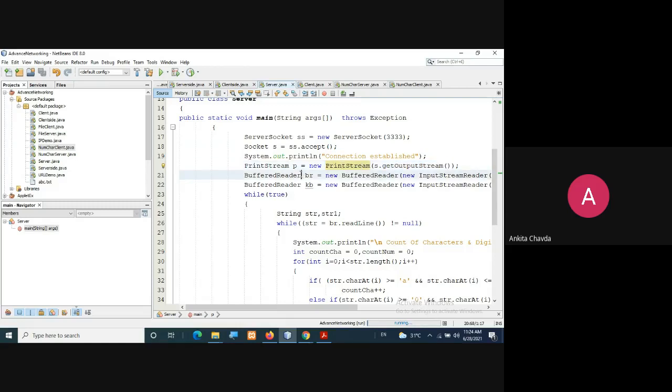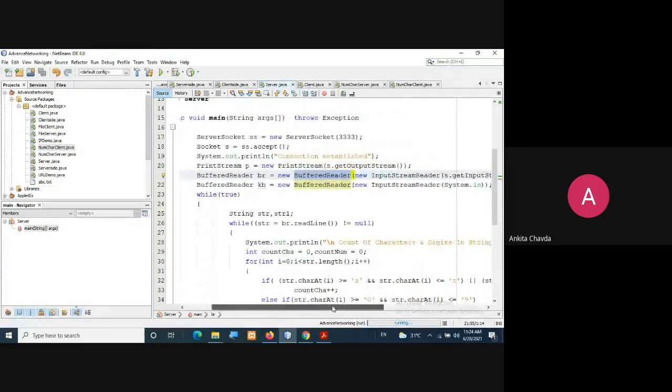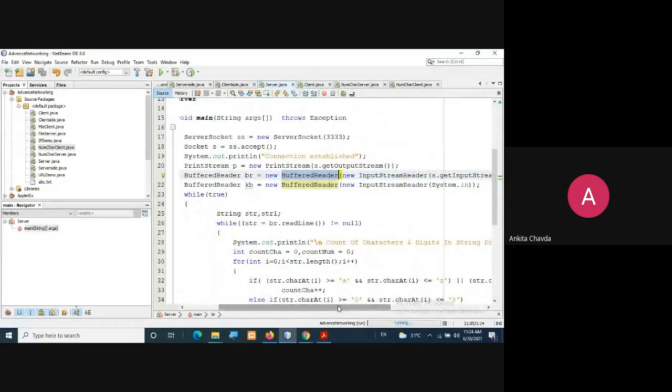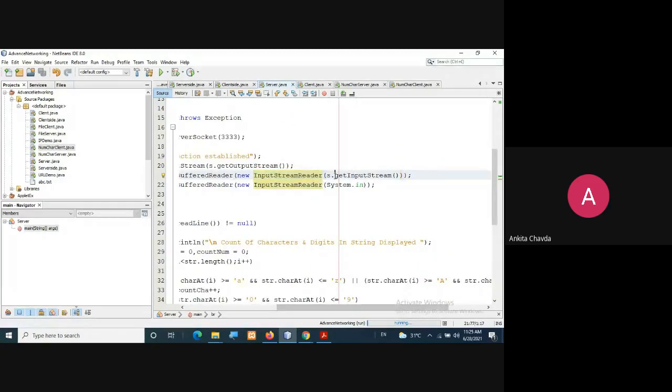Now you are creating a BufferedReader. BufferedReader br equals new BufferedReader, and you always know that BufferedReader cannot work standalone, so an InputStreamReader is required. So you create an object of InputStreamReader, to which you pass where you want to attach this buffer. It will take the data from the getInputStream method.